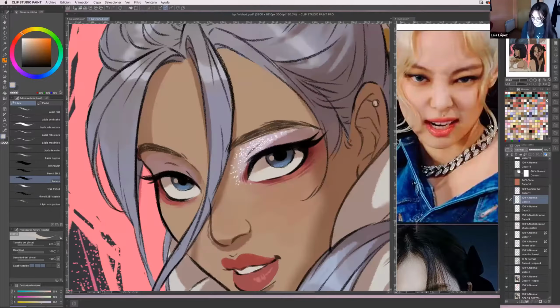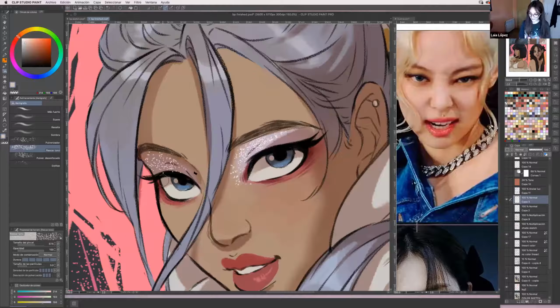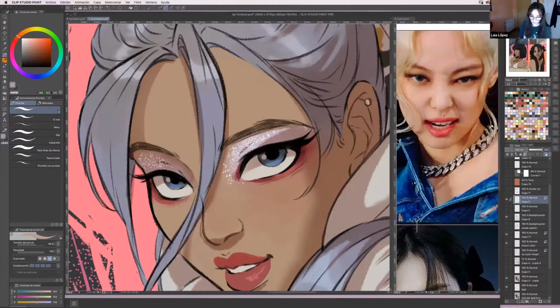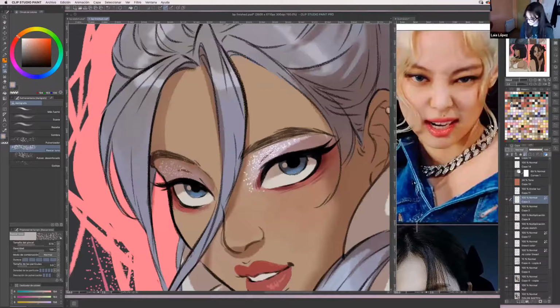Again, oh, that's too much. Damn, well, we've got the lasso tool to make it smaller so it doesn't look like a mess. Good. But I still think it's too much, so I'm gonna block the pixels so it just colors this part. Okay, all right, maybe a little bit lighter. Yes. So that's basically what I did for Rosé's glitter makeup. And if you wanna blur a little bit again, I think it will look pretty. Wait, I have to lower the intensity or else it will disappear.